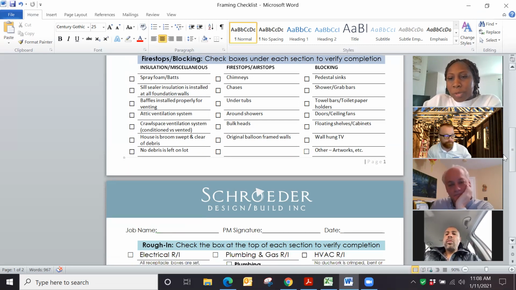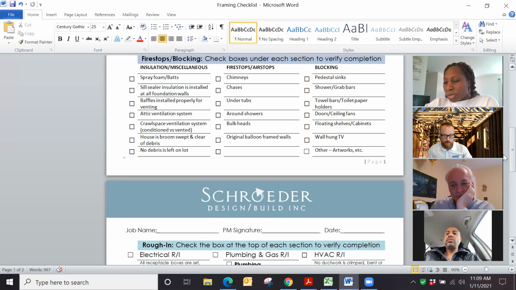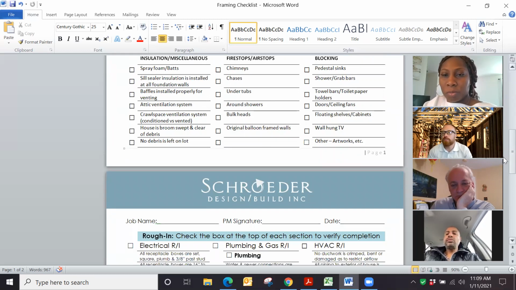Andrew, when we were talking about this previously, you mentioned asking where the client might want blocking for artworks, which is not something we typically do. Yes, but it might be a good idea for a potential AWO. So under blocking, you've got to block if you've got a pedestal sink or a wall mount sink,